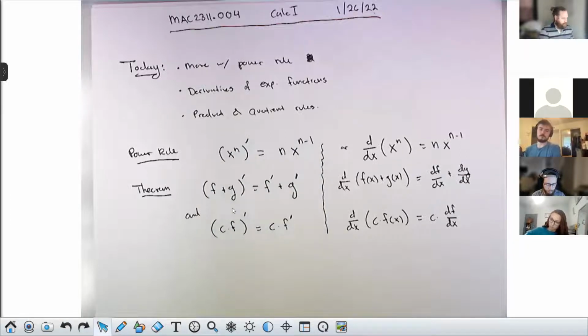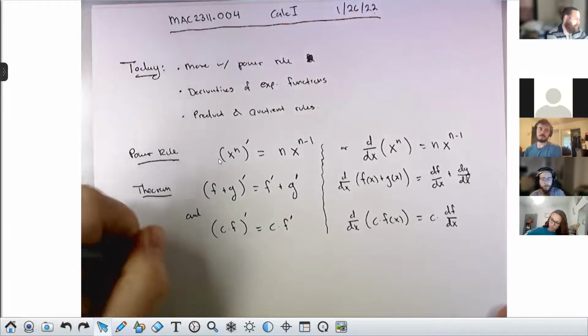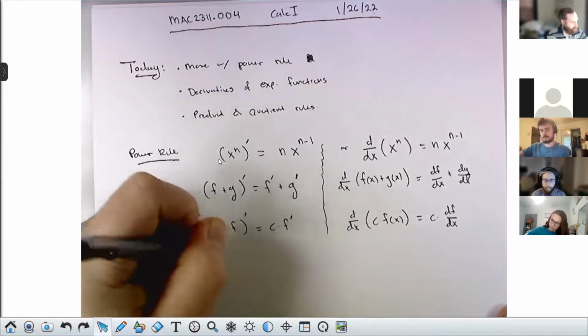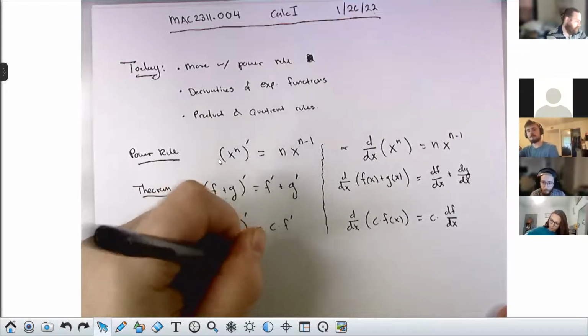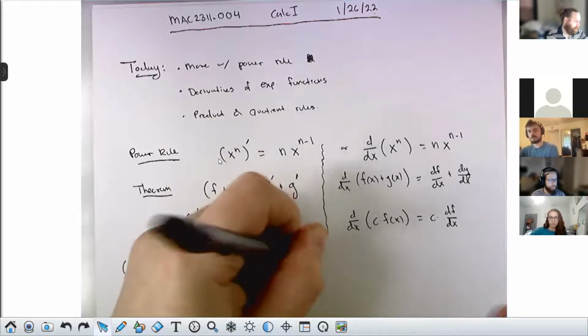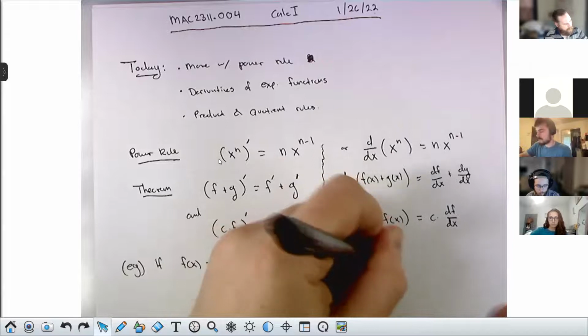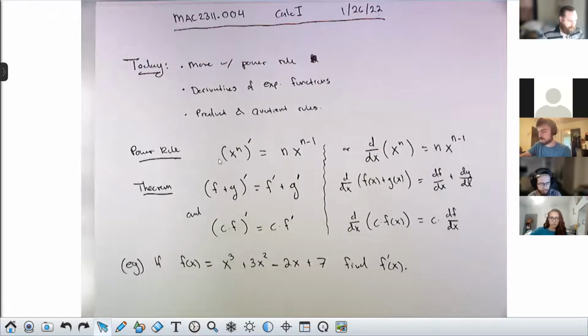So these two things together allowed us to differentiate any polynomial. Just a quick recap. If f of x is x cubed plus 3x squared minus 2x plus 7, you can find f prime of x, and I will work this for you really quick,